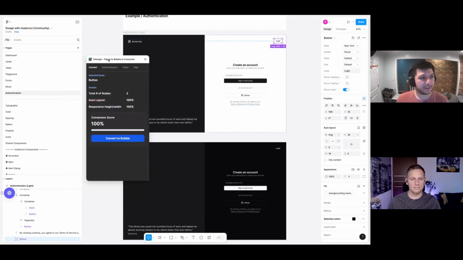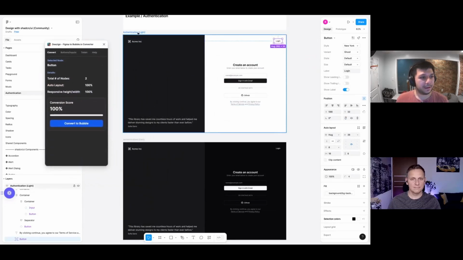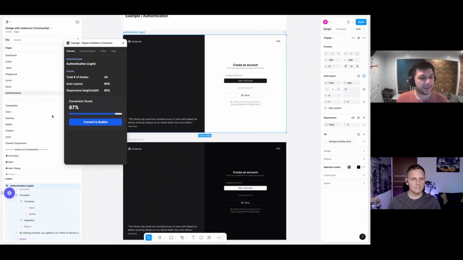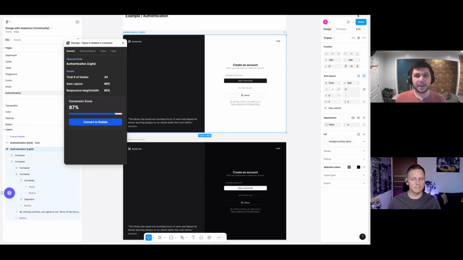So then we'll go back to convert. And then I'll click on the whole container right here, authentication light. And I want to highlight one major thing here. One of the biggest issues with first-time Figma users using Deezign is that they'll try it out on Deezign and it will not work. It'll be terrible, and they'll be like, "Oh, this tool doesn't work," right? Well, there's actually a specific